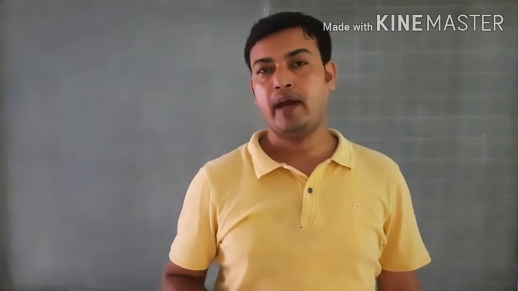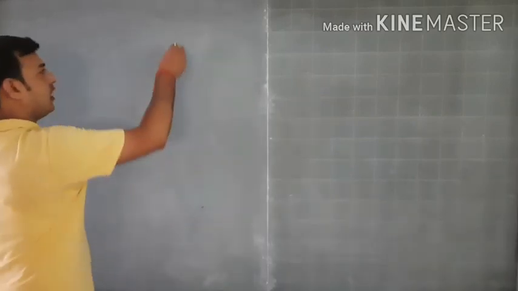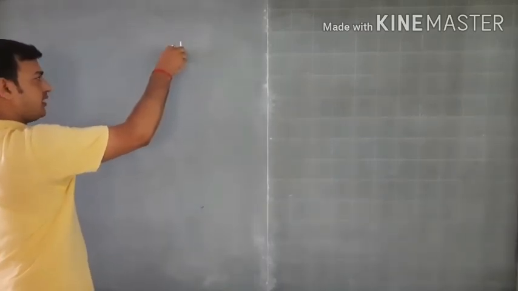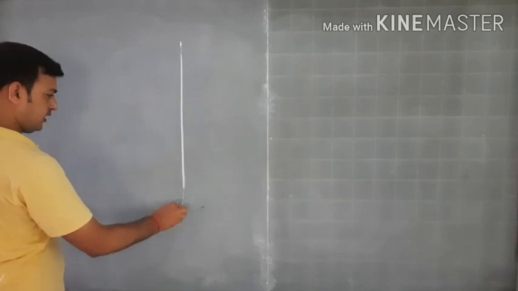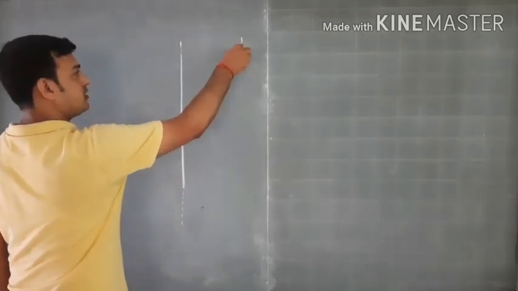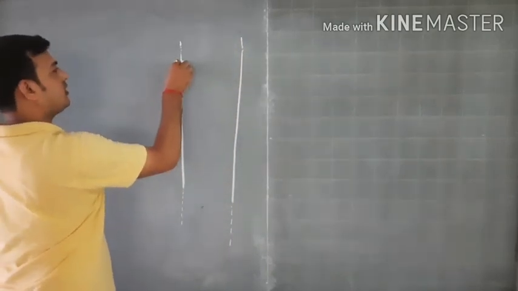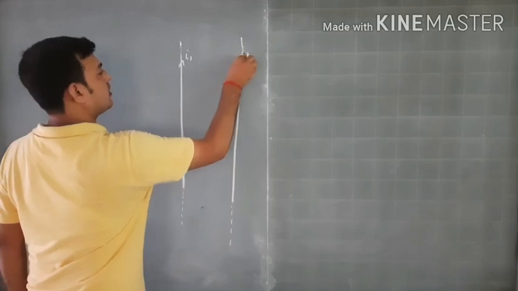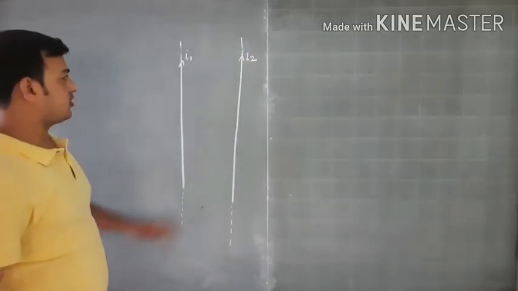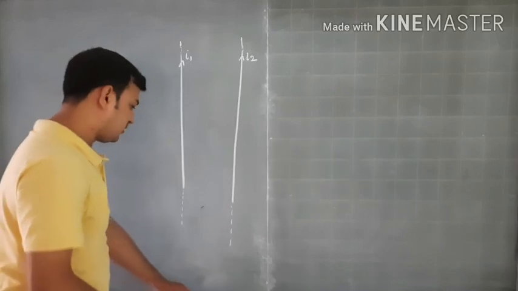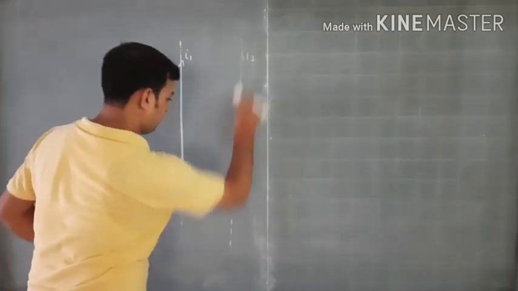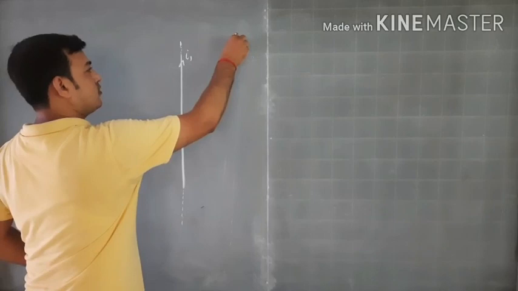And now with the help of this we will discuss the force acting between two parallel current carrying wires. So consider a case where I have two infinitely long straight wires, and I am considering the first case in which the current in both the wires is in the same direction. So these are the two parallel wires. We'll make it more straight. It should go like this.